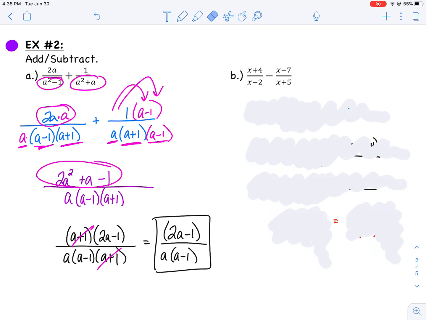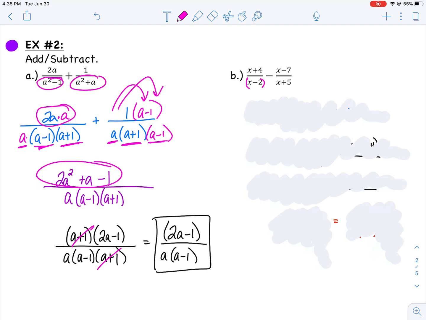All right, let's do the same thing with B. Let's factor if we can to get a common denominator. Once we have a common denominator, let's combine our fractions, and then let's see if we can simplify more. You ready? All right. Looking at this one, it looks like my bottom is already factored, and x minus 2